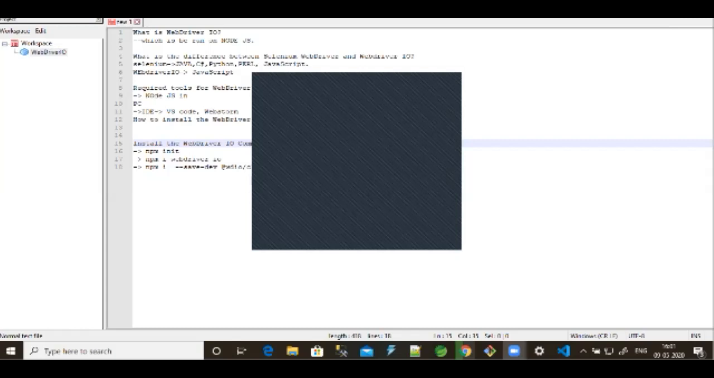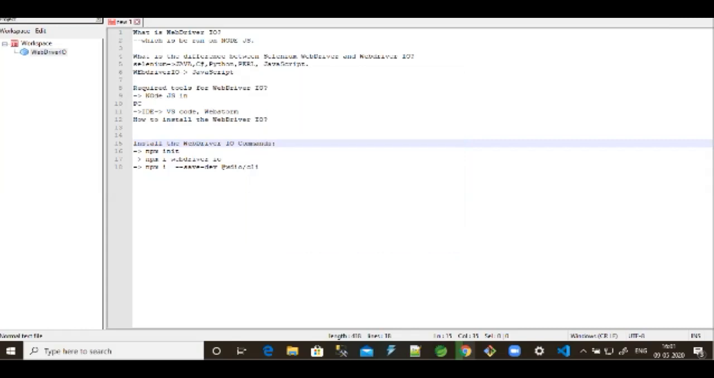Today I am going to explain what is meant by WebDriver IO, what is the difference between Selenium WebDriver and WebDriver IO, and what are the tools required for WebDriver IO. As per the current organizations, we have gone with plenty of testing tools like Selenium, Protractor, Puppeteer, and today we're going to discuss